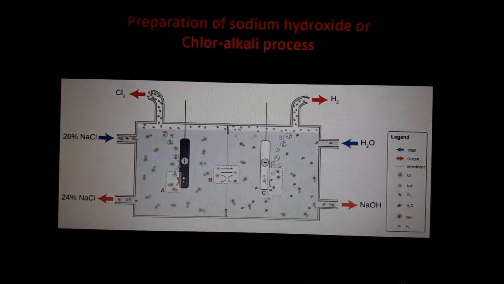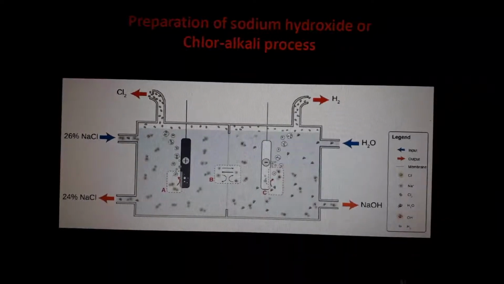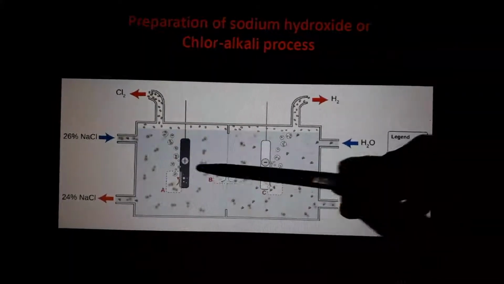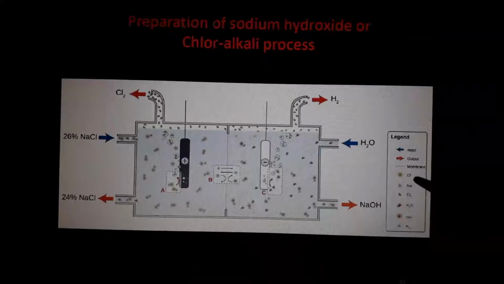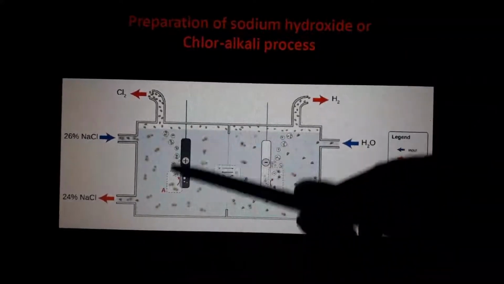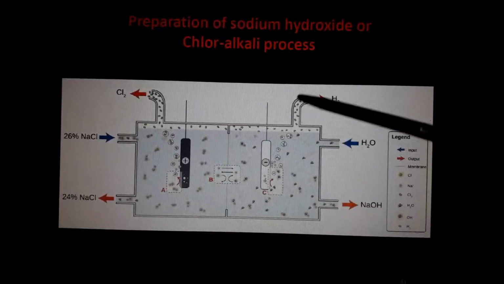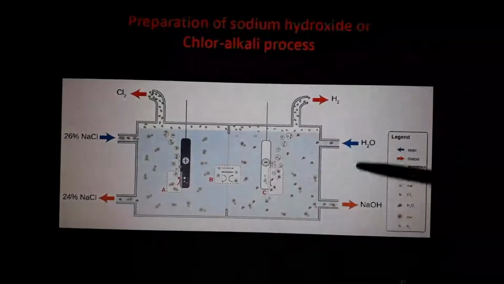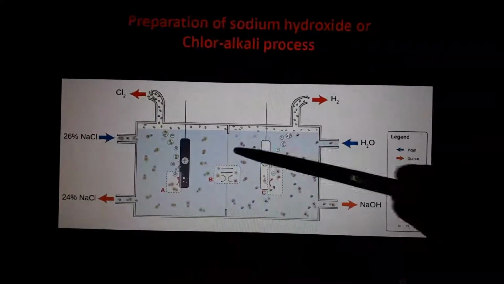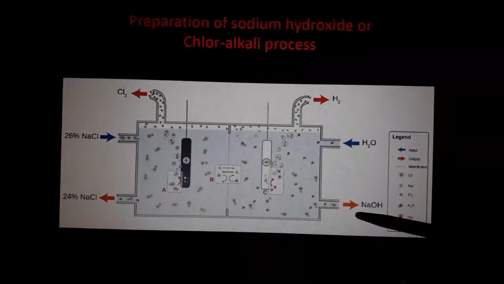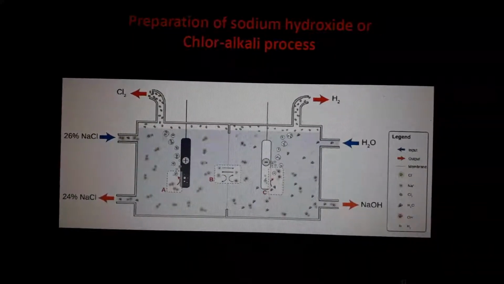Okay? In the textbook another diagram is there. This one is very easy to understand. Anyway, the diagram won't come for the exam. The diagram won't come, but you want to study the process. Okay? Simply pass electricity, what will happen? See, positive anode. What is deposited there? Chlorine. Cl minus is getting deposited here. See, here hydrogen ions are getting deposited. So from here we will get hydrogen, from here we will get chlorine. Sodium chloride we will add here, water we will add from here. Sodium hydroxide we are getting through this outlet. Okay, it's a simple process. The process won't be asked.